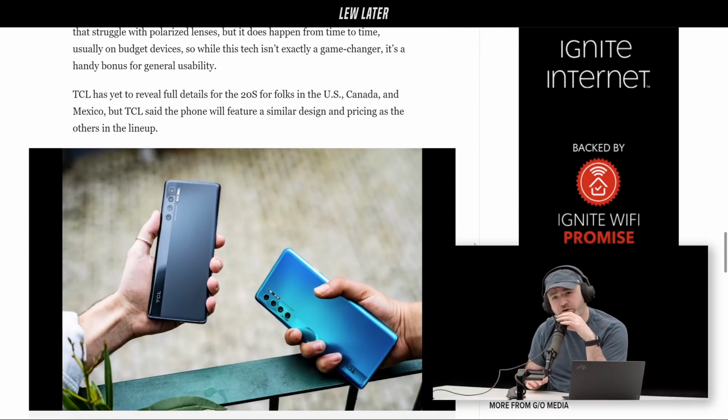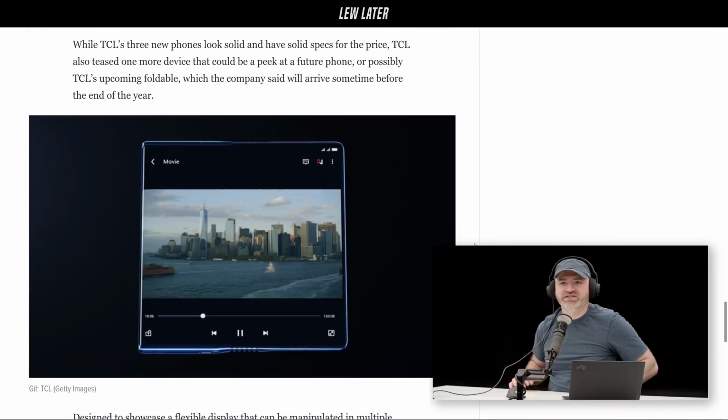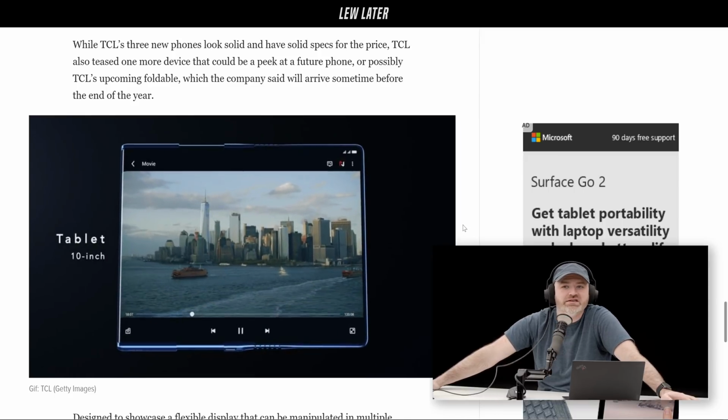In figure number 7B, like I'm doing a PowerPoint presentation or something. So you fold it out and then you extend it. It's called a fold and roll. And once you do that, you're all the way up to a 10-inch tablet, which is bigger than what the other guys are doing. I wouldn't say that, but